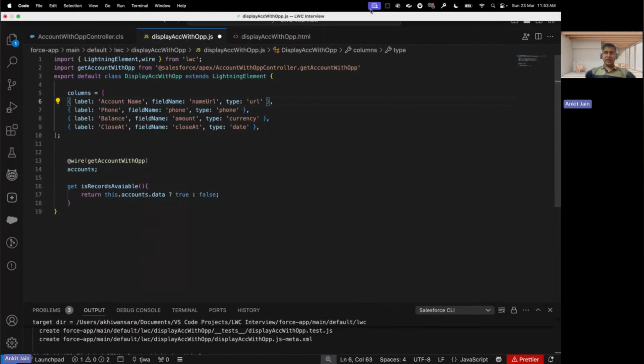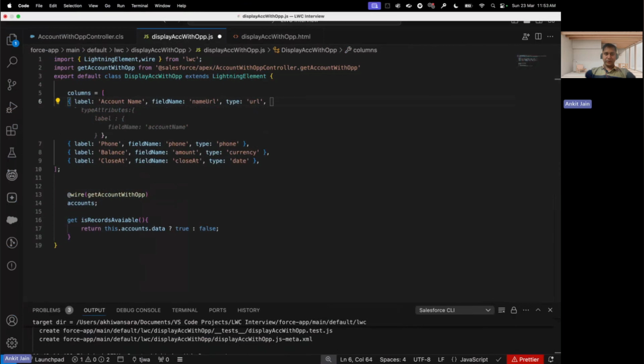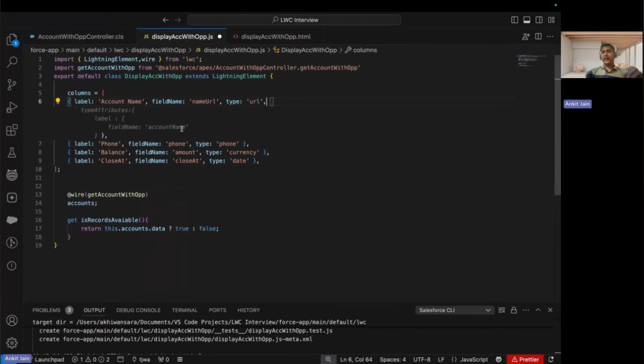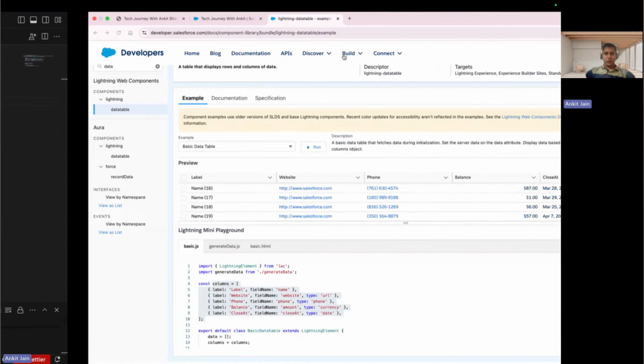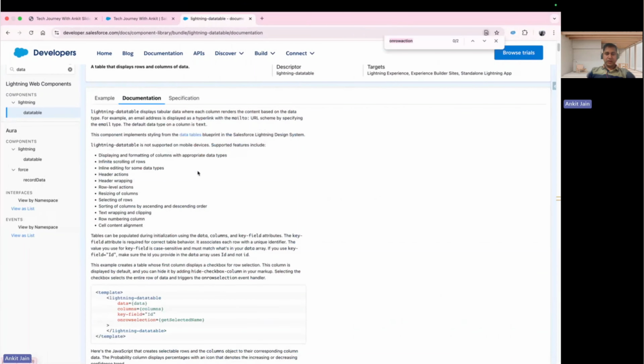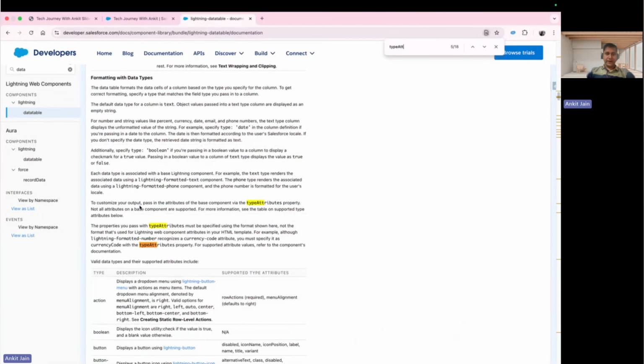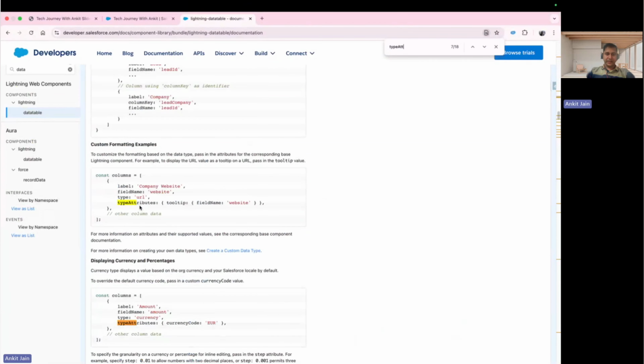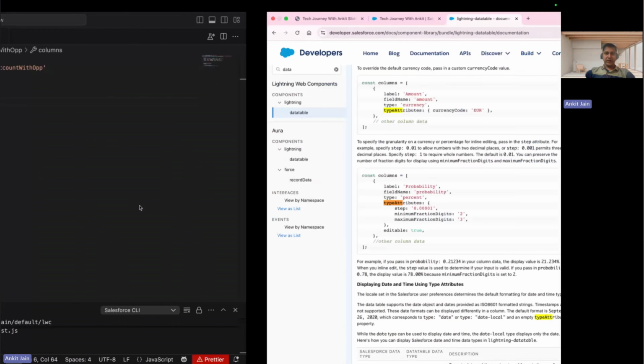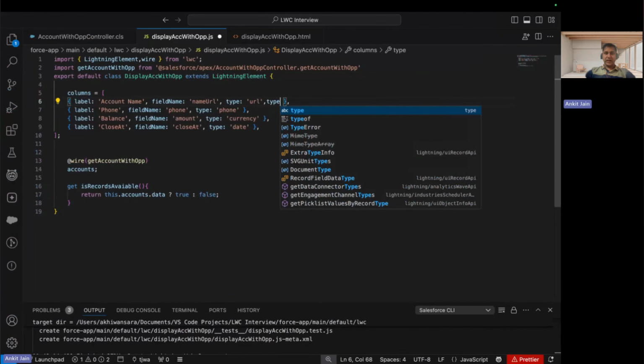Now the next important thing that I have to do here is define the type attributes. In the type attribute, you will specify for the name URL what actual value you will be displaying. Again, you don't have to remember anything. As I said, you can come here, look for the type attributes, and you will get lots of help on how to define and use the type attributes. You will get all those details here, right? So what I am doing here is copying it up here, putting the type attributes,